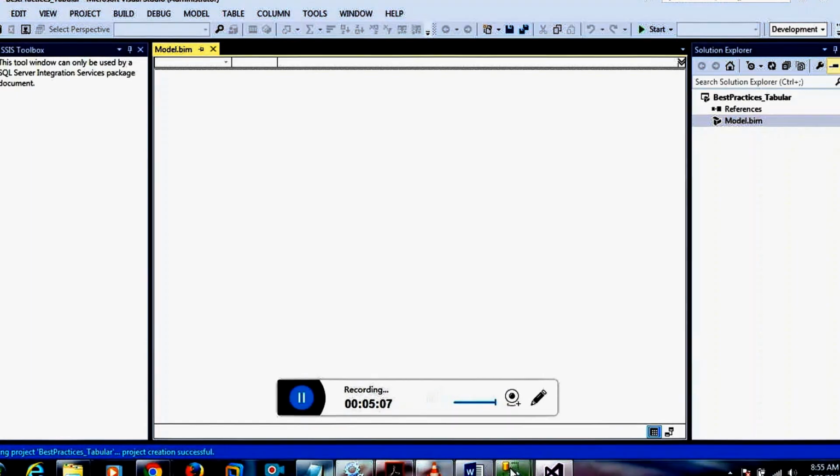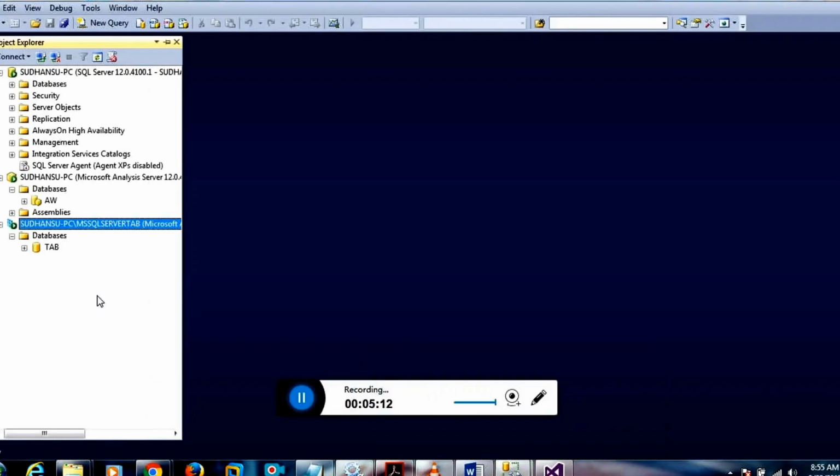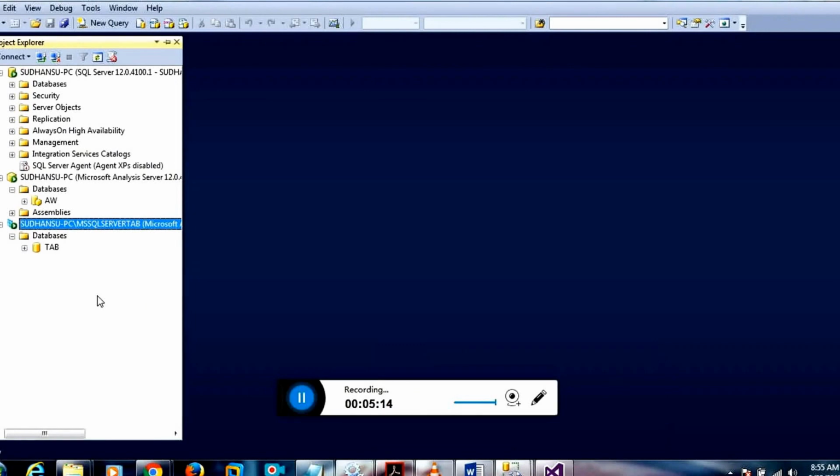So you just go to your SQL Server Management Studio. Just refresh the databases, the below one.